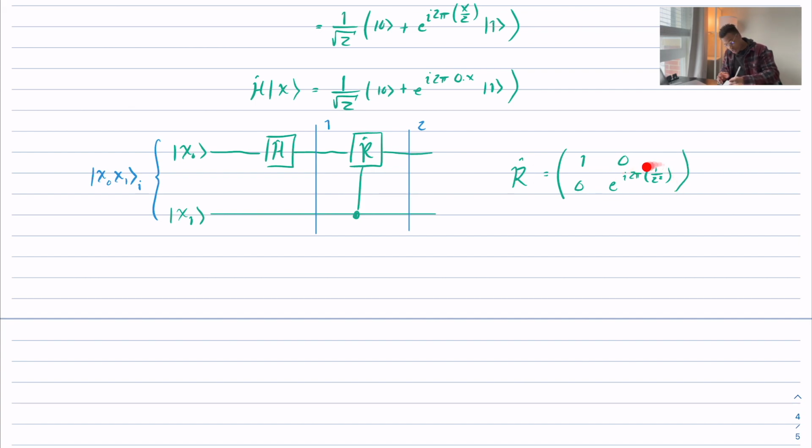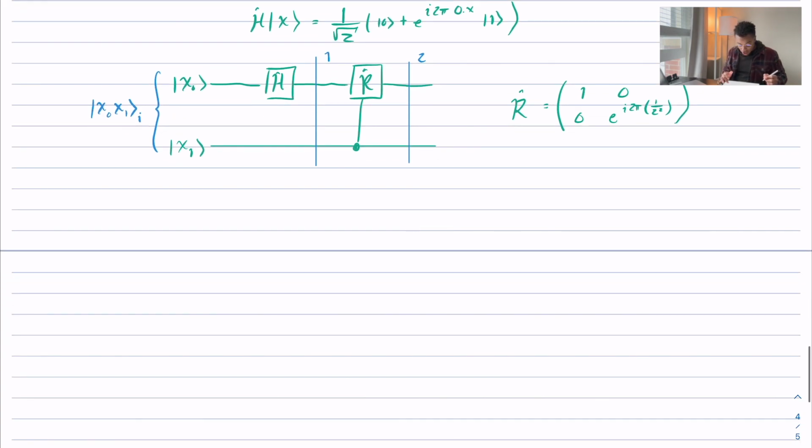The reason why I've written the exponential term in the lower diagonal is for a reason that you'll see a little bit later on. But right now, let's just step through this. So at state 1, at point 1, this is what we've done. We'll add the Hadamard gate in this first space and then the identity on the second. So we have x0, x1, I, and this will give us 1 over square root 2,